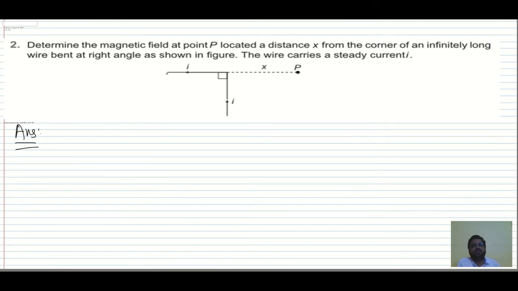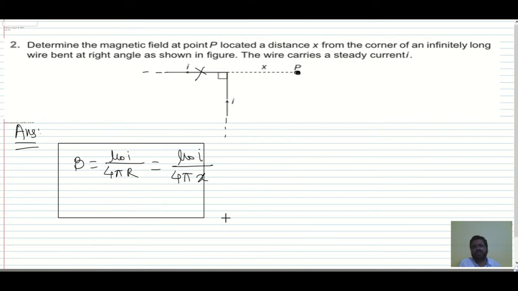Okay. So over here, for this conductor, this point P is on the length, isn't it? So due to this conductor, there is no magnetic field. Now, what is the magnetic field due to this conductor? Due to this conductor, we have a magnetic field. This is semi-infinite, we can say. So therefore, the magnetic field due to a semi-infinite conductor is mu naught I divided by 4 pi r. So which is equal to mu naught I, over here is I only, divided by 4 pi x. So this is the answer.